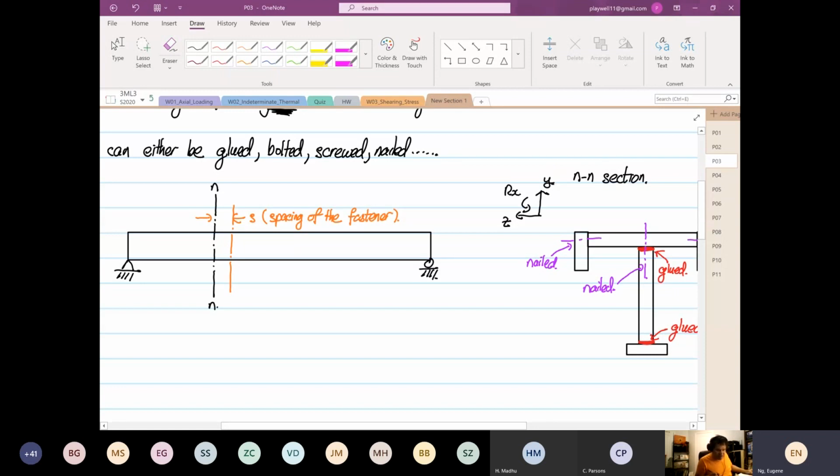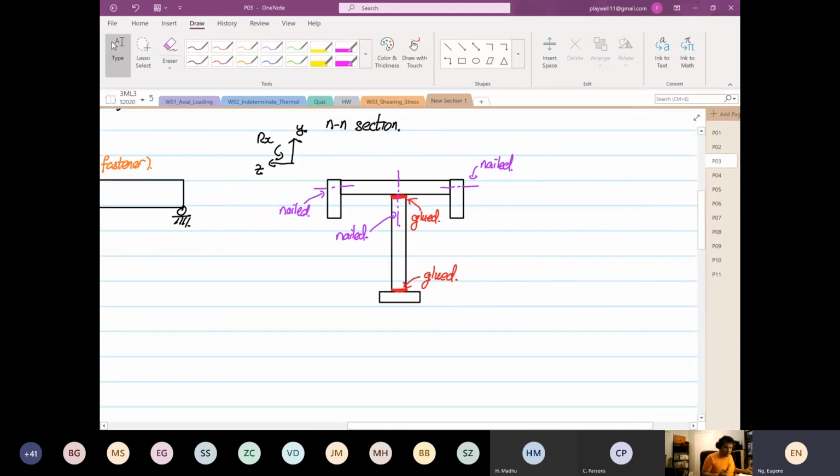What is this spacing? Now question: if we look at the end section, where is the first region that this cross section is going to fail? Can anyone tell me, please? Where it's nailed? Yeah. It's always at the joints. Am I right? You're absolutely right. It's always at the joints that it will fail. That's why if you're going to confront some